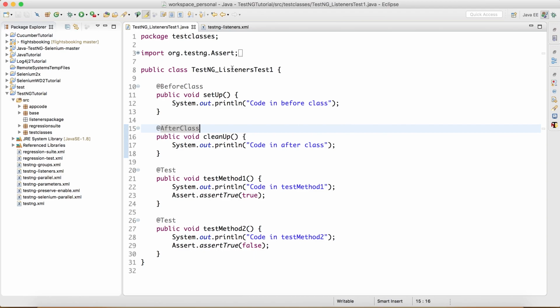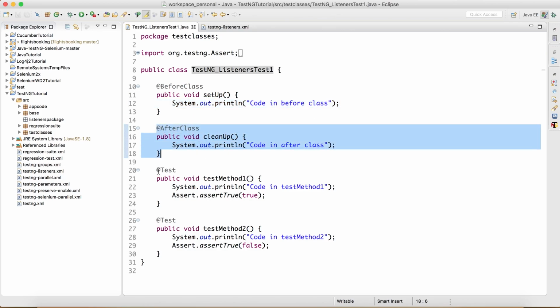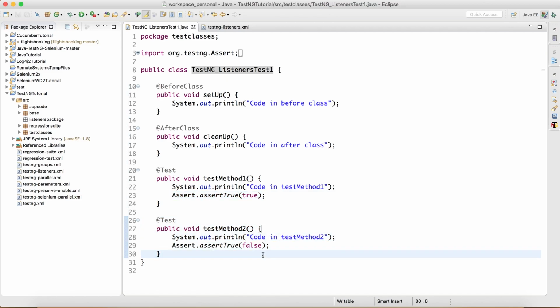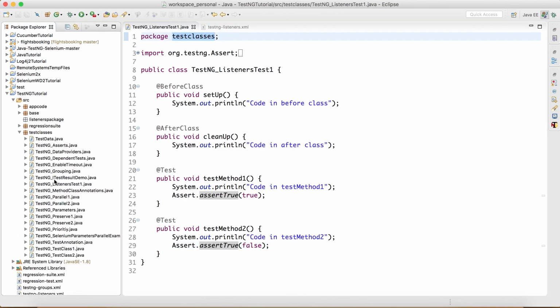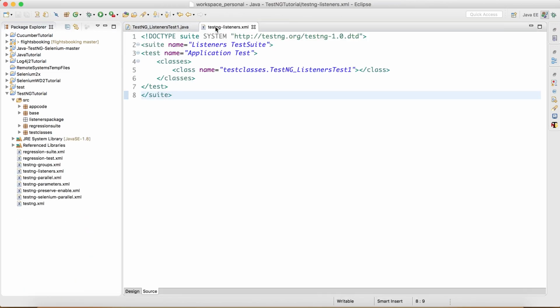So this is the TestNG underscore listeners test1 class. I have a before class inside it. It just prints code in before class, and then we have an after class, and then we have a test method 1 which is going to be successful, asserting true, and then we have a test method 2 and it's going to fail because we are asserting false to the assert true method, right? And this class is under the test classes package, and we can take a look at it here, right? And then I created one XML file and named it